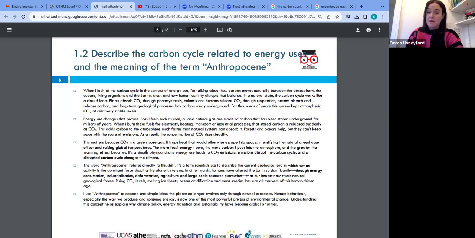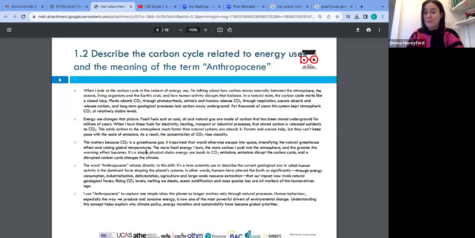So this has meant rising CO2 levels, melting of the ice sheets, which we need for carbon capture and for methane storage, etc. So ocean acidification and mass species loss are all markers of this human-driven age. So we use Anthropocene to capture one simple idea: the planet no longer evolves only through natural processes. So our human behaviour, especially the way that we produce and consume energy, is now one of the most powerful